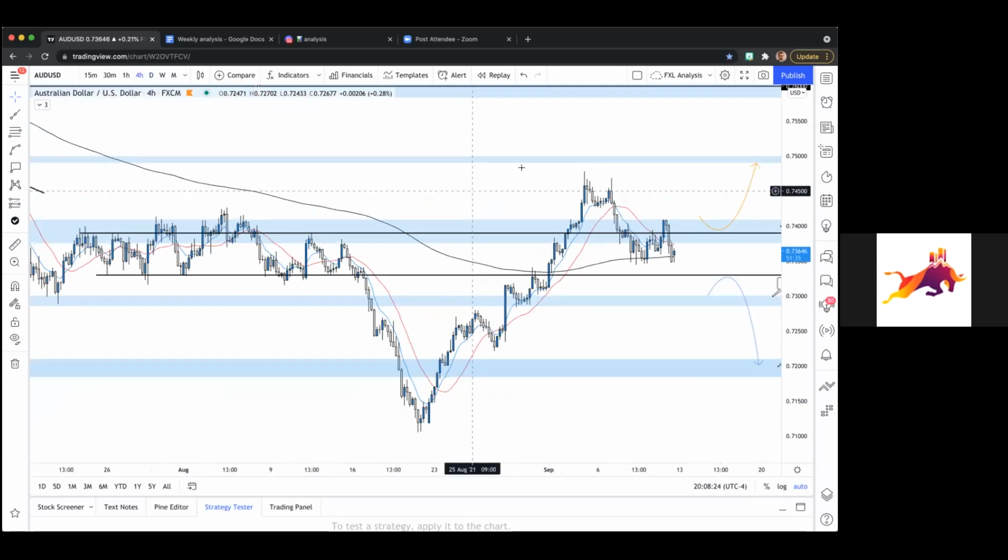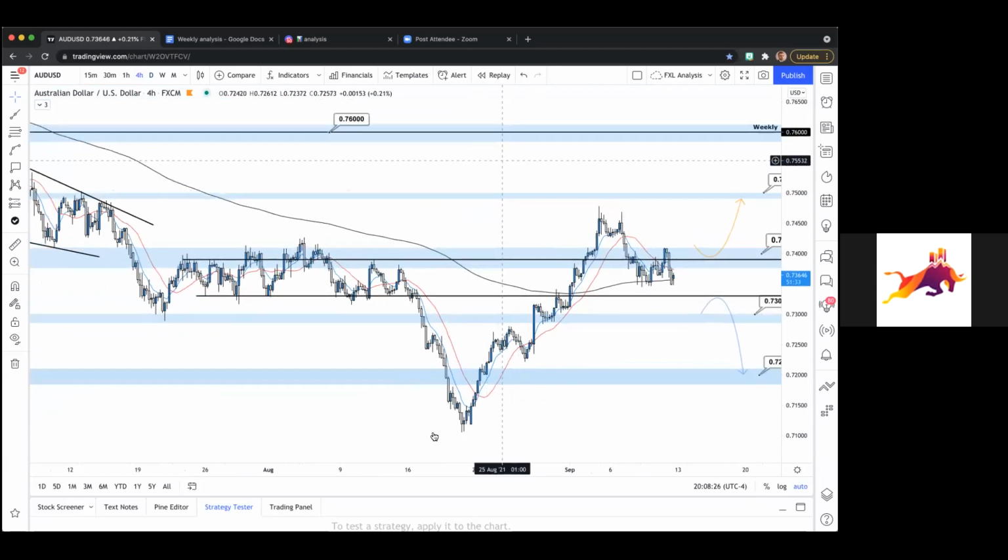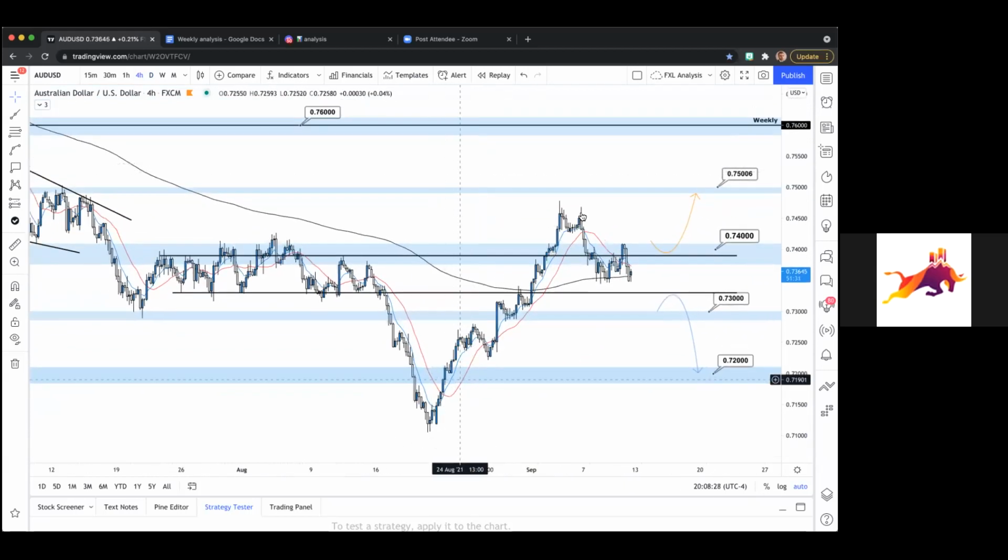So the 4-hour was showing a little bit of bullish momentum here, right? This whole bullish leg here. It actually cleared the range, and this was the opportunity. Price action had pushed above the range, and this was the opportunity for it to form a higher low to confirm the strong bullish trend on the 4-hour, and then potentially a nice transition on the higher time frame. This is where that higher low on the daily would come into play.